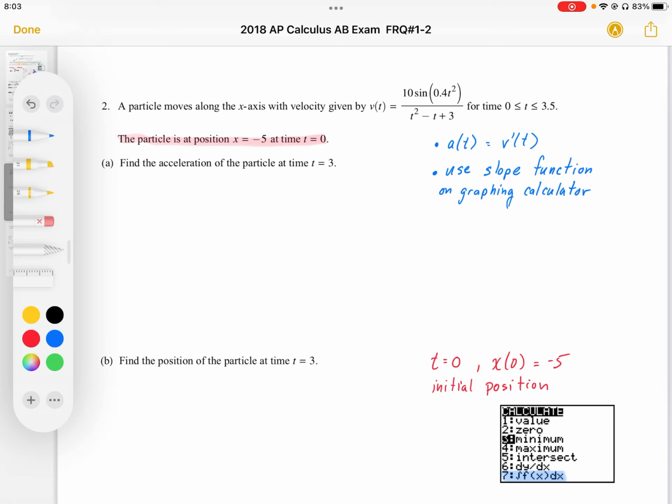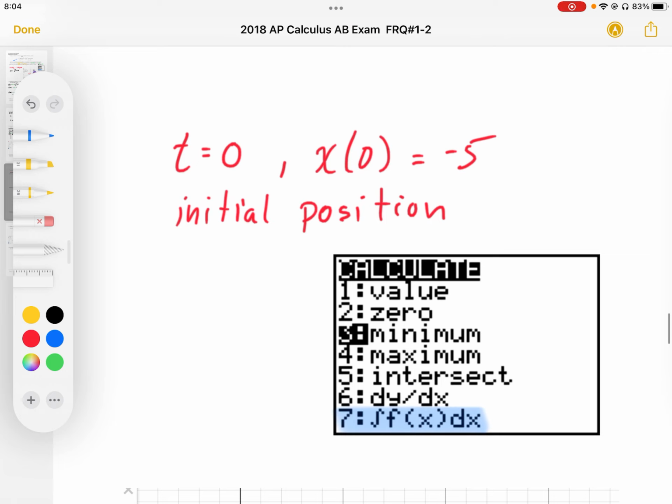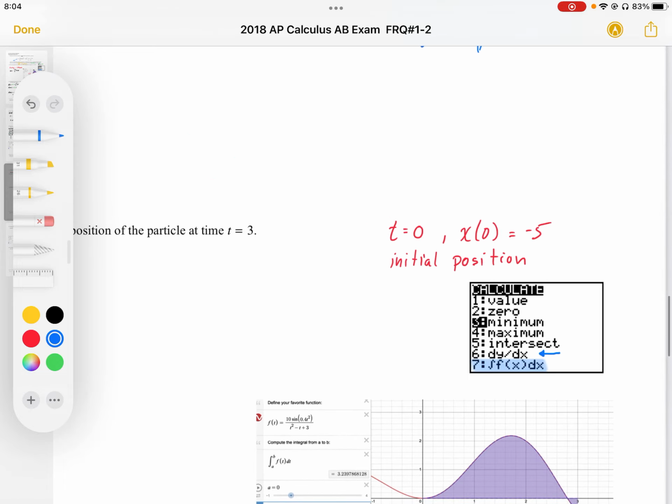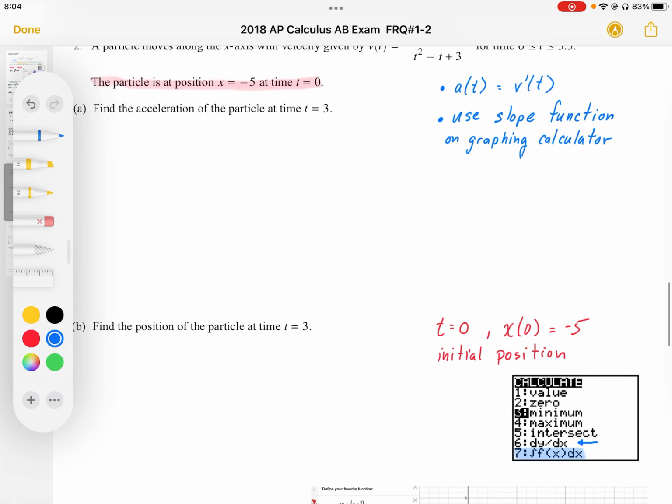So question A asks, find the acceleration of the particle at t equals 3. Well, the first thing we need to recognize is that the acceleration is the derivative of velocity. And we want to use the slope function on the graphing calculator. So we want to graph this function v of t, and in the calculator menu we want to use dy by dx, and we want to calculate the dy by dx at t equals